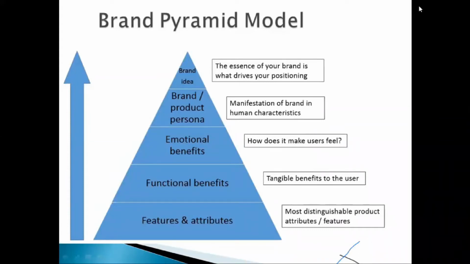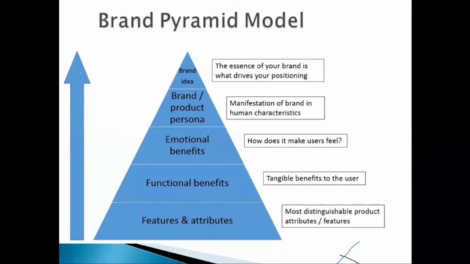So that's the second layer that you'll be modeling after if you're using the pyramid model. The first layer is to know the features of your product, what are the tools, the services you want to render, or what are the tools you are giving out. And then the next layer is the product benefits. What the users will stand to gain from using your product and staying in your ecosystem.